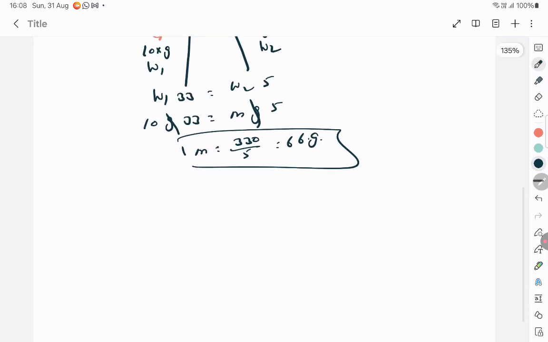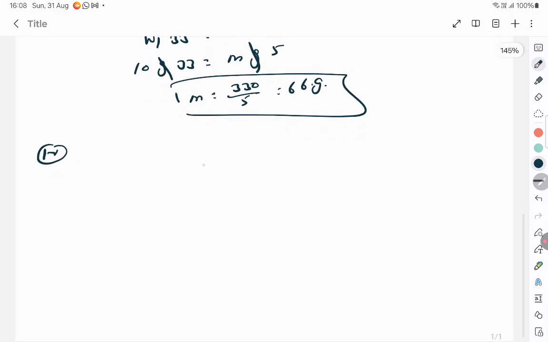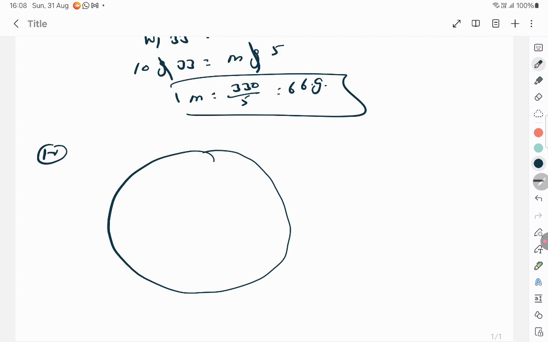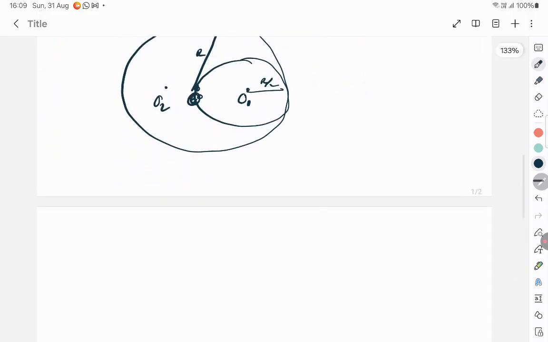So let's go to the next question, which is the 15th question, where you have a uniform circular plane of radius capital R, from which you are cutting out a circle of radius R/2 and throwing it away. Therefore, the initial center of mass was at the center, which is the origin, and it will now be shifted towards the left somewhere. If you call this O, this is your O1, which is the center of mass of the removed piece. The center of mass of the balance piece will get shifted like this,